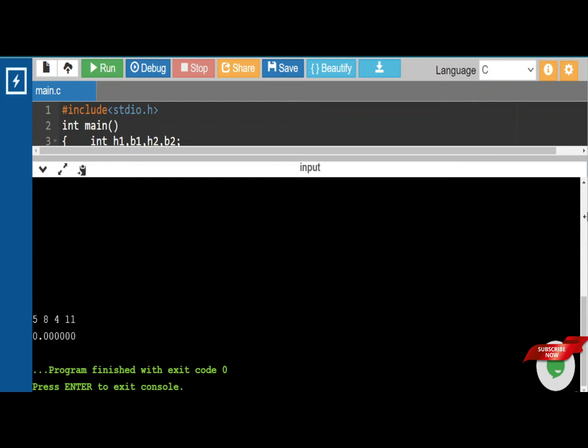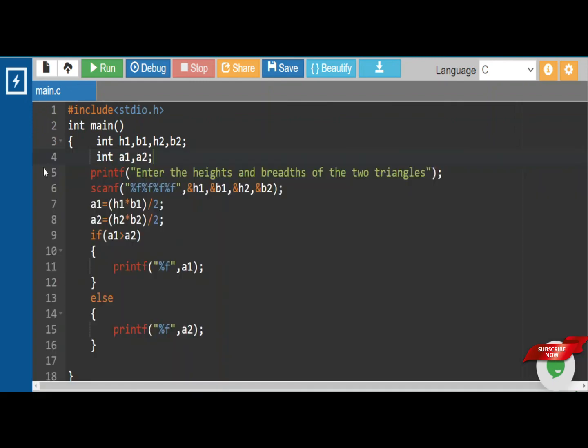Okay, fine. So we have done some wrong here. Let me check that. Okay, fine. We need to get the output right.